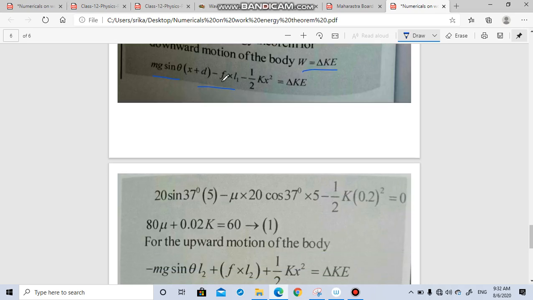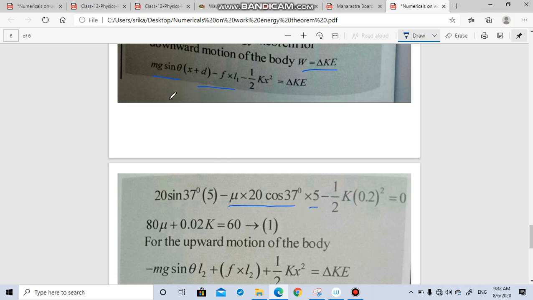Here, what is F? F is equal to mu times N, and N is mg cos theta. If you see this expression, on the left hand side and right hand side m is common, so that is why m has been removed. Now you have to solve this expression. This is mu mg cos theta, which is the F value, and the distance over which this friction force is acting is a total of 5 meters.